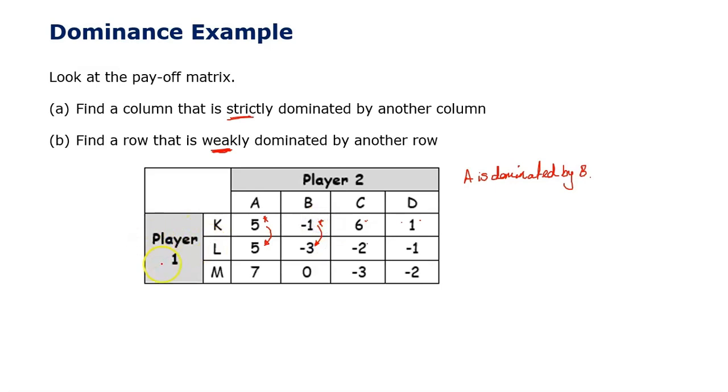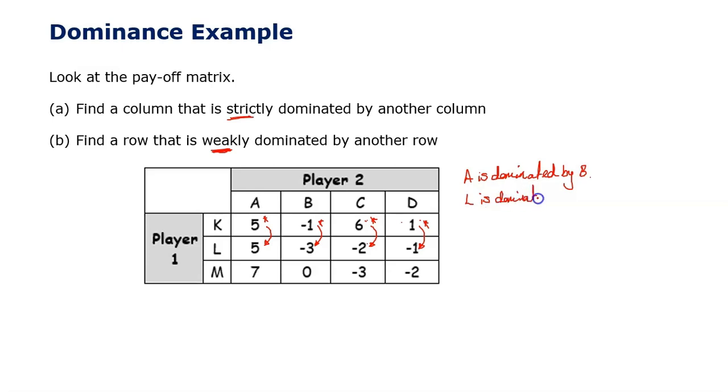Now remember, we're doing it for the rows. So player 1 scores. These are actually the scores. 6 is better than -2. Yes, it is. And 1 is better than -1. Yes, it is. So they all seem better, apart from this first one where they're equal. Now, what that basically means is it doesn't really matter that they're equal. It doesn't do you any harm from playing one rather than the other. So I'm going to say here that basically K always wins. So the way to say that is that L is dominated